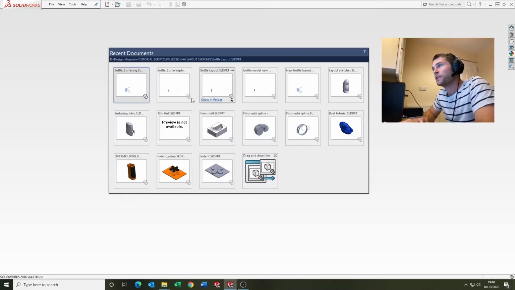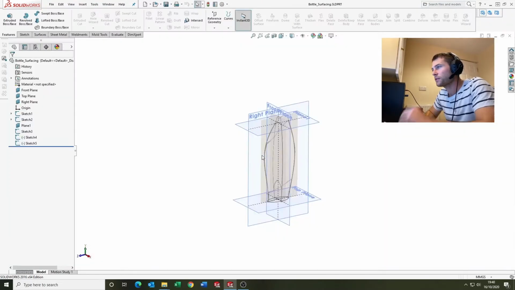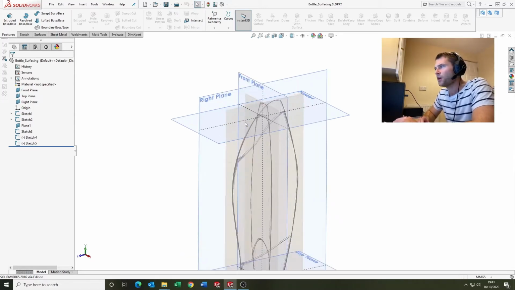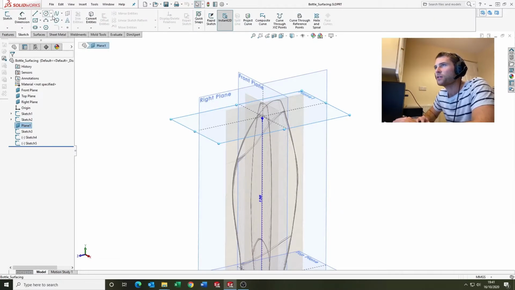So if any of you had a go at the stuff we looked at last week, we should have ended up with something like this, with our sketch pictures and our sketches that are creating the foundations for our modelling. So we're going to carry on where we left off. We're going to do a couple more sketches and then we're going to start talking about surfacing. So we're going to come on to this plane here and we're going to go sketch